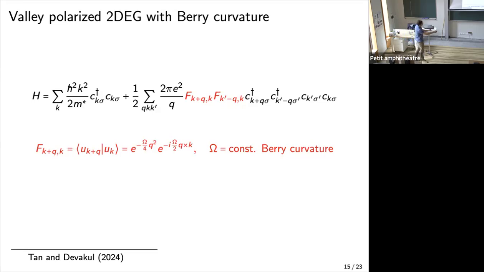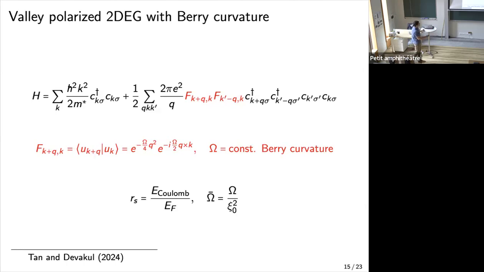And the more interesting term is this oscillatory term. This is to do with the Berry phase that the electrons acquire as they move through the Brillouin zone in this band. Good. So with this kind of model, we now have two parameters to play with. We have the same rs parameter that measures the interaction strength, but now we have the Berry curvature, and the natural units